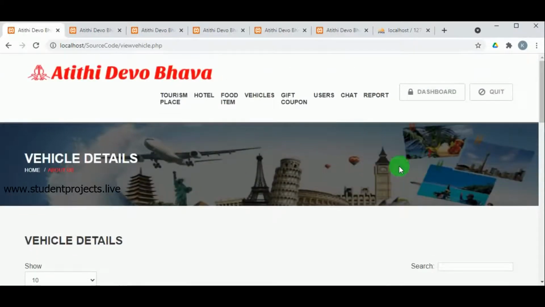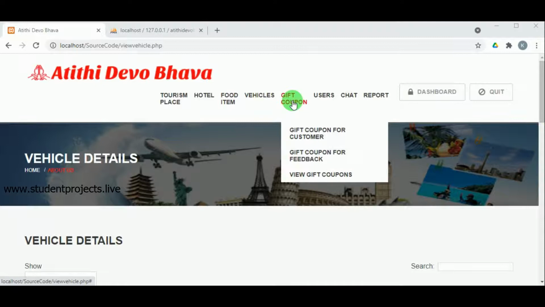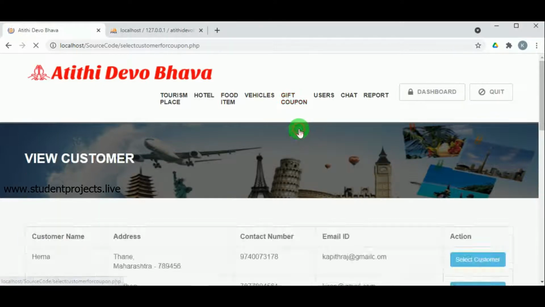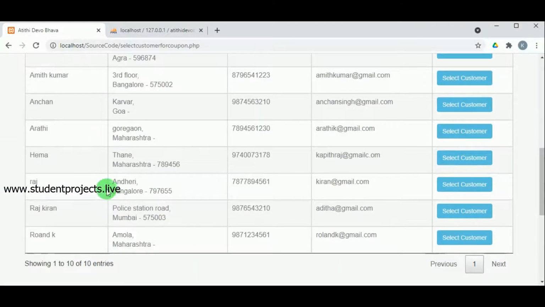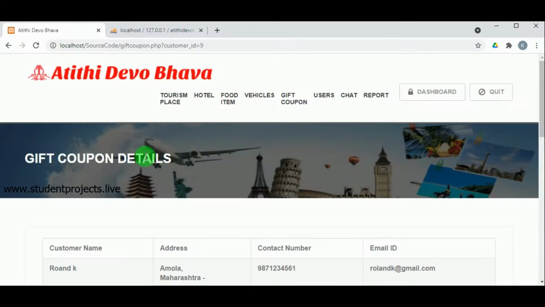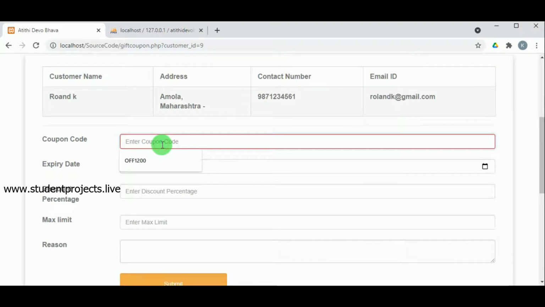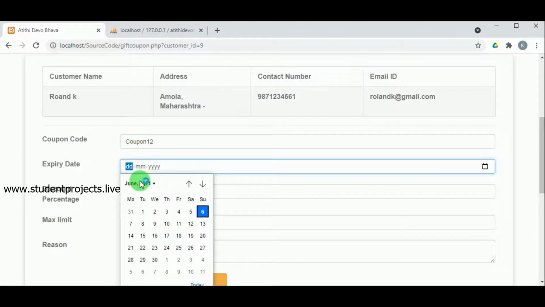Under gift coupon panel, here the admin can give the coupons for different customers as well as based on the feedback. So gift coupons to customers, here the admin must select the customer, then must enter the coupon code, and the expire date of the coupon must be entered.